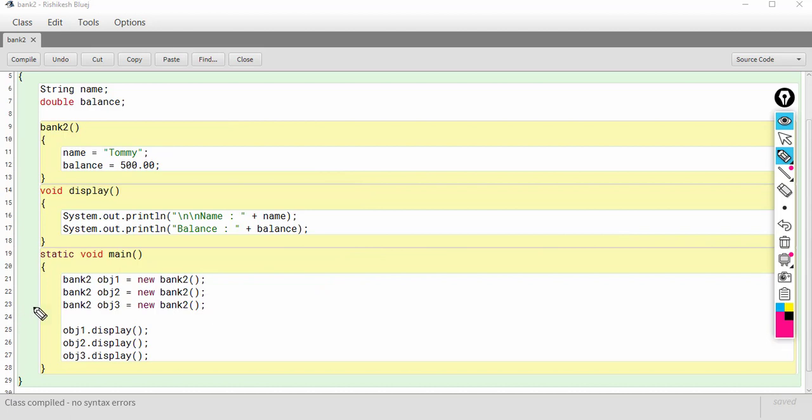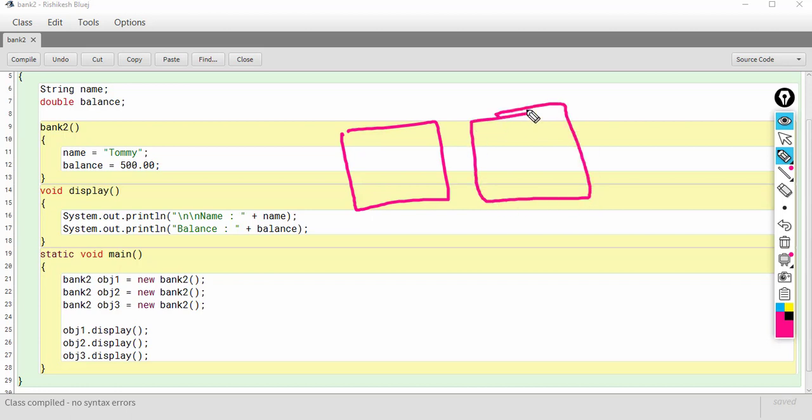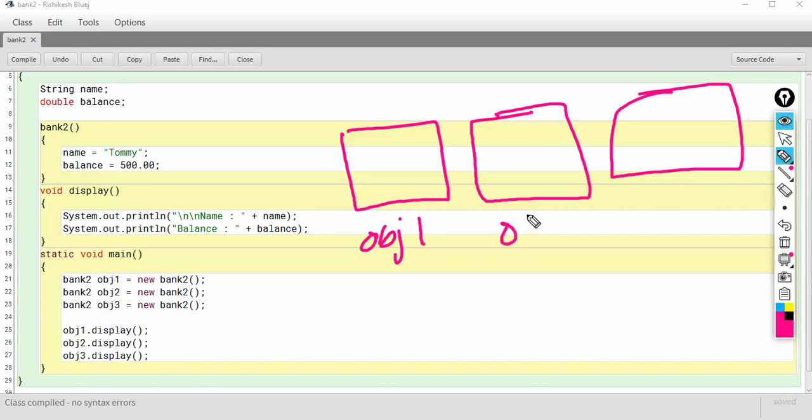Same thing goes for obj3. So in the memory we'll have three different objects, obj1, obj2 and obj3, and each of these objects will have their own copy of name and balance.